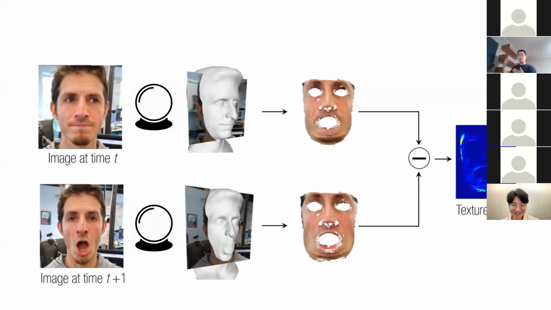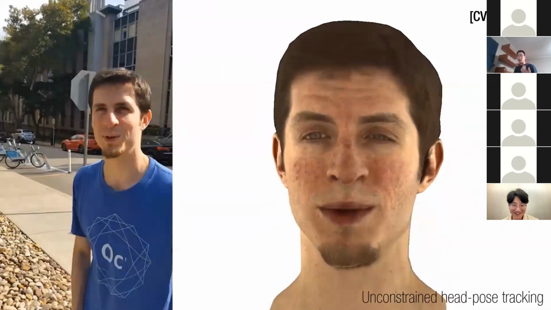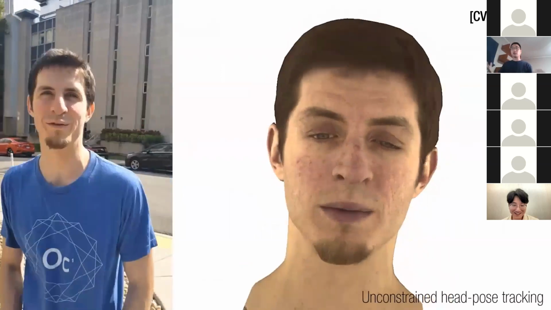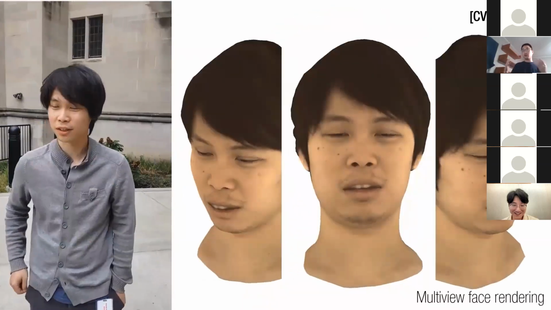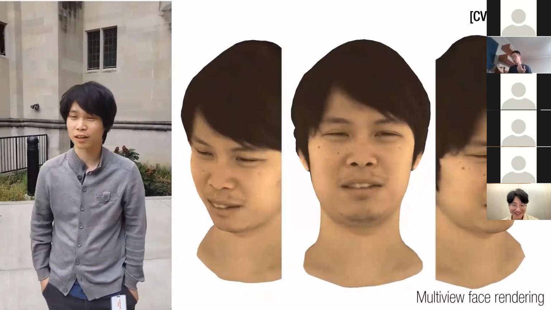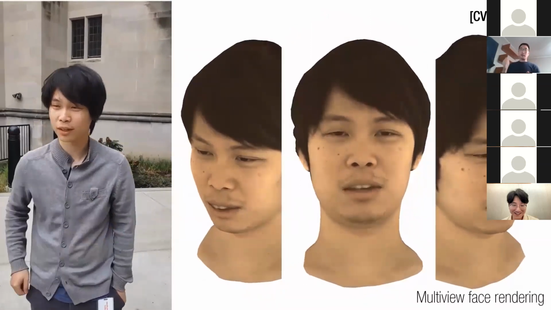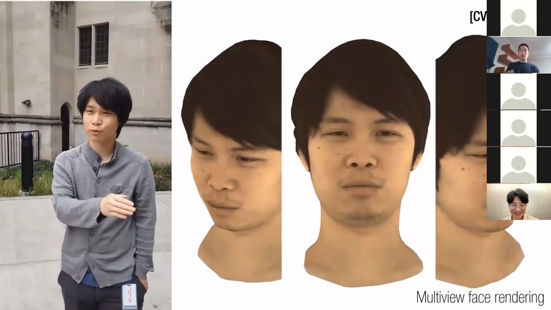So by minimizing this skin texture difference, we can enforce the temporal consistency while training a neural network. So this neural network is now defined by having this temporal consistency. And this results in the high fidelity reconstruction of face from unconstrained monocular cameras. We can even render the multi-view faces using this self-supervision. Again, I can use my video from my cell phone camera to train my neural network,